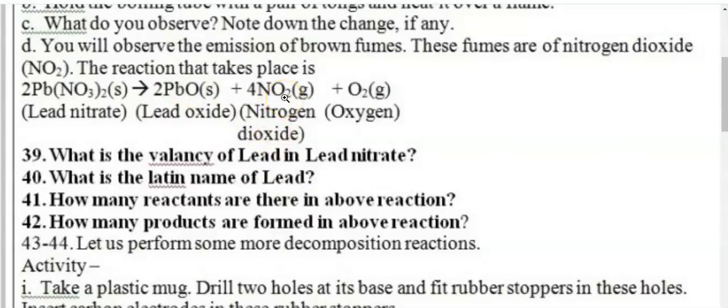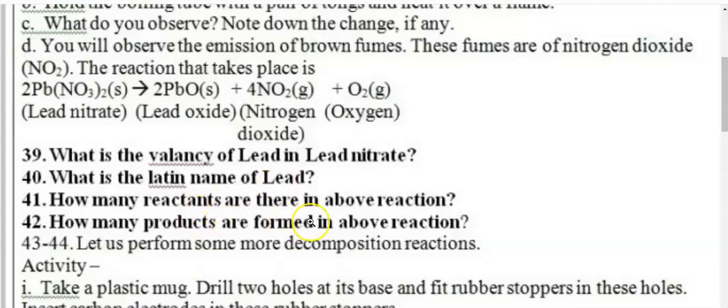You have also studied NO. Well, NO is nitric oxide. Then O2, oxygen. What is the valency of lead in lead nitrate? Simple, it is 2 over here because nitrate is -1 and Pb is +2. So that is how it is interchanged and comes here. So it is 2. What is the Latin name of lead? Pb. Yes, it is plumbum. If it is less valency, then it is called plumbous. If it is more valency, then it is called plumbic. But otherwise we call it plumbum.